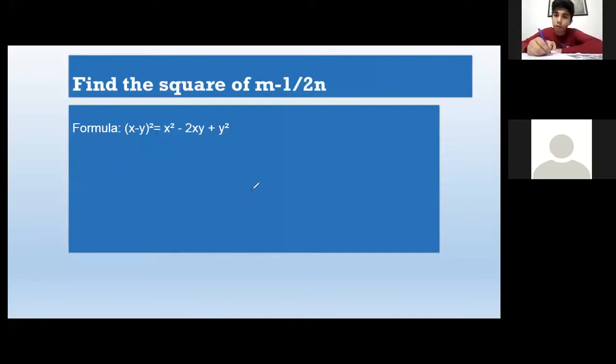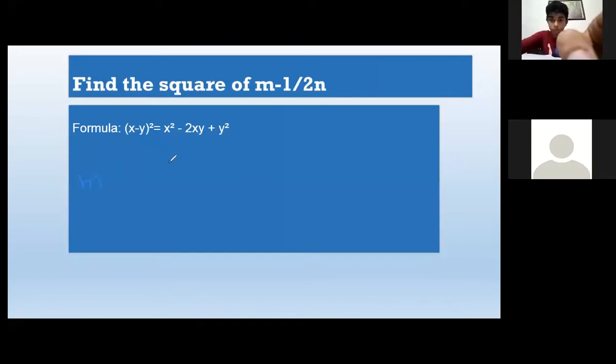Acha, now next is Ola. You are raising your hand. Yes, Ola. Have you completed this question? Ola, unmute yourself, beta. Yes, miss. Have you solved this question? Yes, miss. Very good. Now share the answer. M first term square minus. Beta, the question is m minus 1 over 2n.